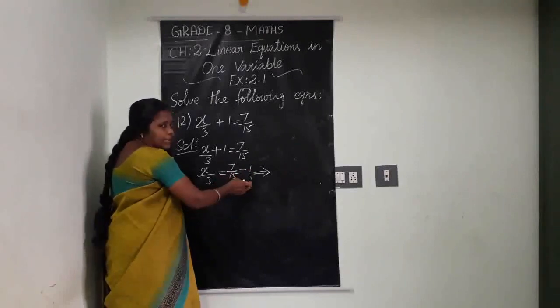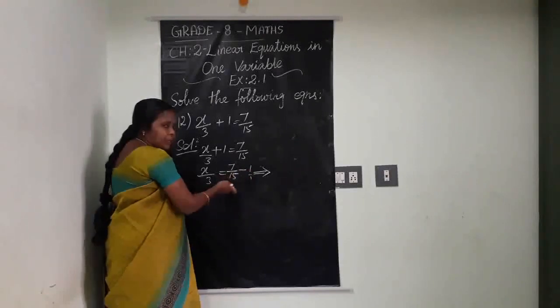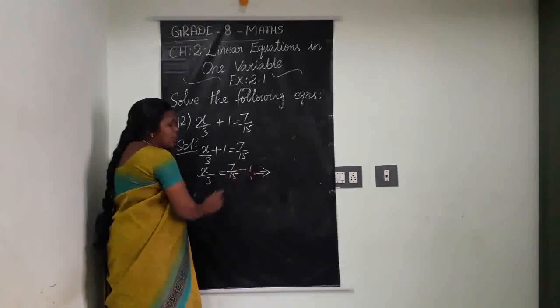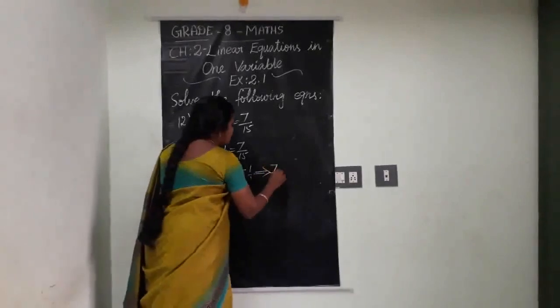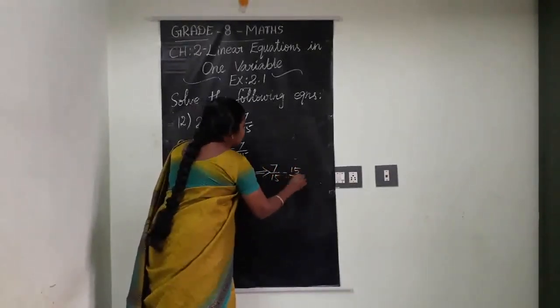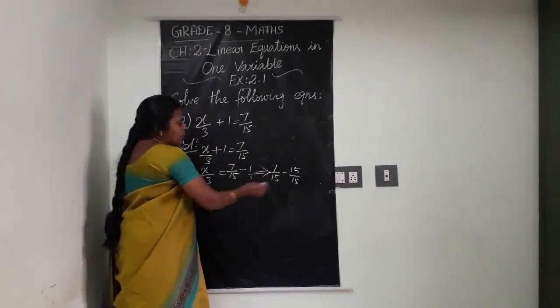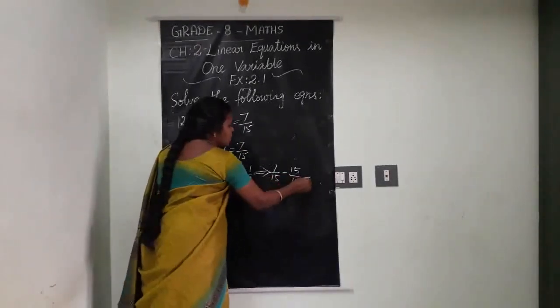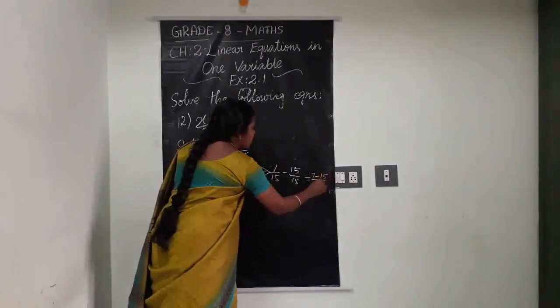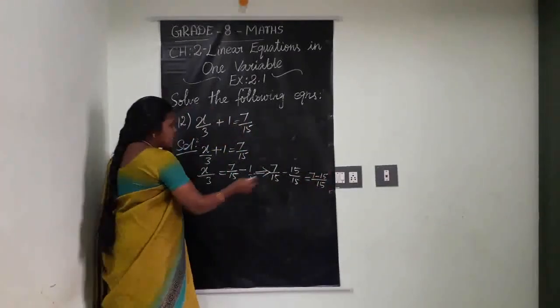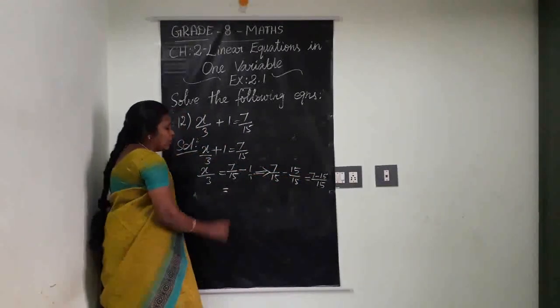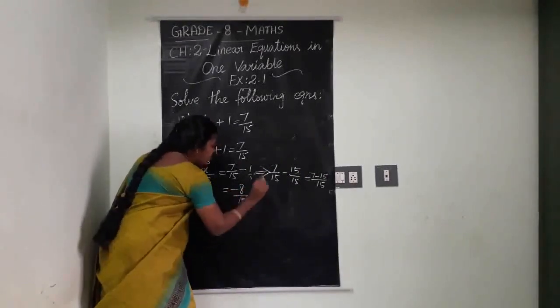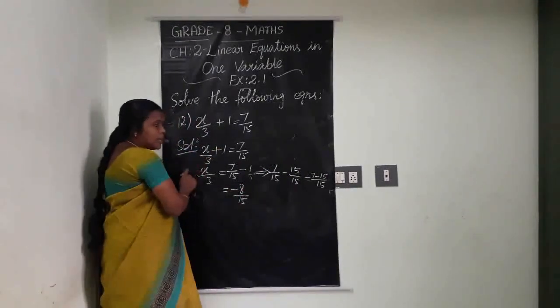15 and 1, unlike fractions. What is the LCM of these? 15 only. That 15 is already present here. Here we need it, that means what we have to multiply by is 15 by 15 only. At that time what answer will come? 7 by 15 minus 15 by 15. Correct? Now it is the difference between like fractions. What comes? 7 minus 15 by 15. What is the answer? In the numerator, plus 7 minus 15, solve integer-wise. So the answer is minus 8 by 15. Clear?